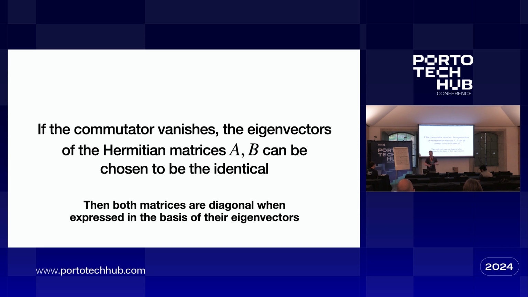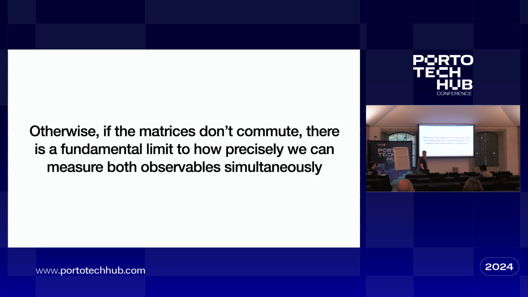And the point is that if A and B have the same eigenvectors, then we can write those matrices in the basis of those eigenvectors, and they're both diagonal, and we can see the eigenvalues in the diagonal form. So I said half of physics is about diagonalizing matrices.